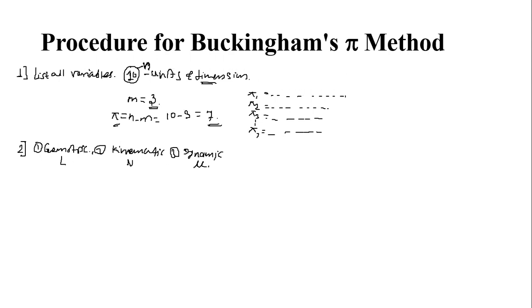It means that out of the available 10 variables we have found the 3 variables which represent the geometric property,